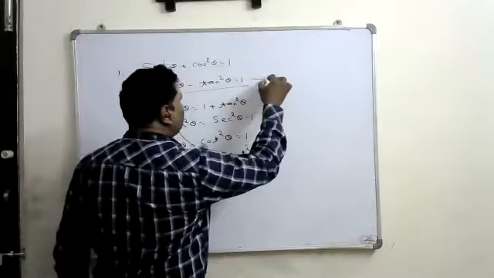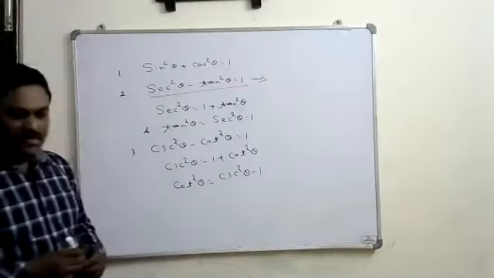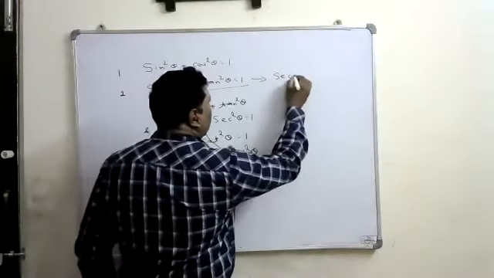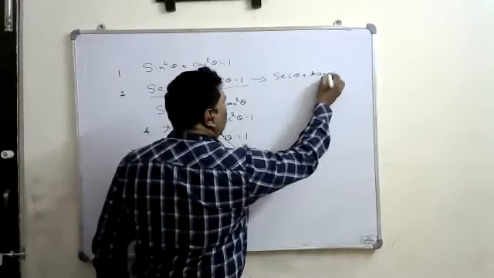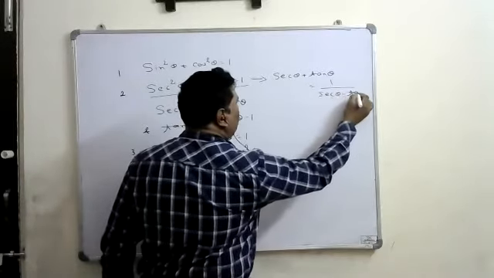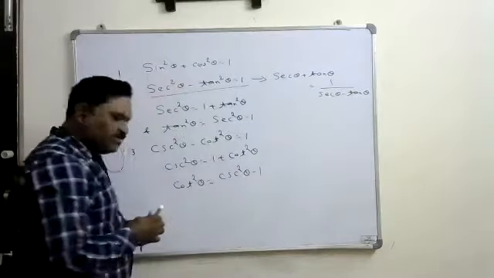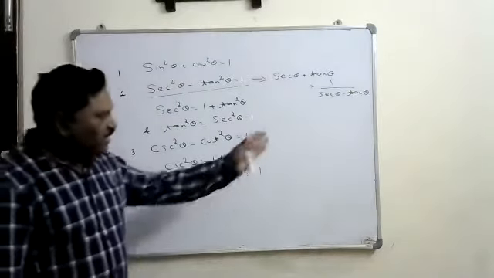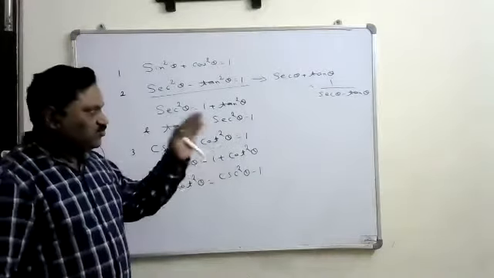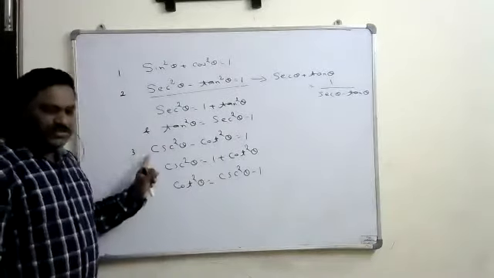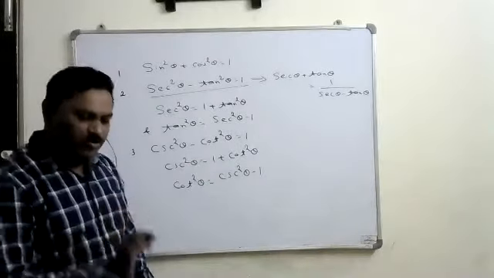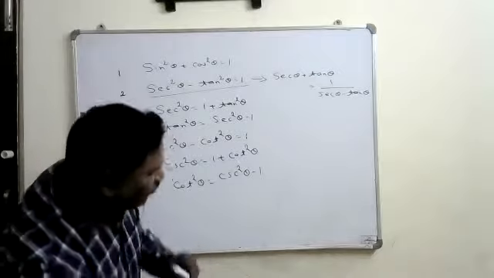Also we know that secant square theta minus tan square theta is in the form of a square minus b square. That is, you can also write (a plus b) into (a minus b): secant theta plus tan theta into secant theta minus tan theta is 1. Means secant theta plus tan theta can be written as 1 upon secant theta minus tan theta. Means they are reciprocal to each other. This is also a very important concept. Similarly, cosecant theta plus cot theta and cosecant theta minus cot theta are also reciprocal to each other. That is also an important point.